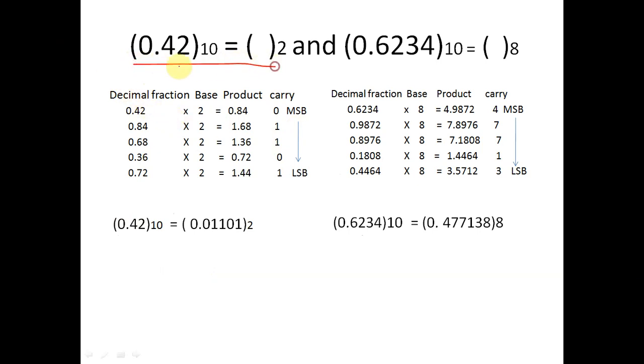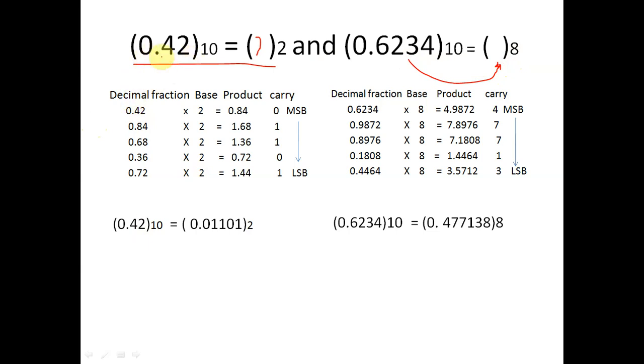See the first example, 0.42. This decimal number is converted into question mark here. This is the base 2. So this decimal number is converted into binary. This is the indication of this example. This number is a decimal number, but here the base is octal, so the decimal number is converted into octal. Now first study